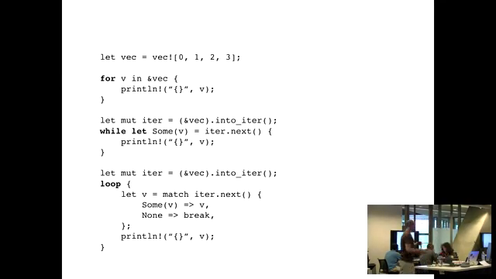So just to summarize where we've come from here, we're looking at the for loop, and I've shown you how you can think of the for loop, getting rid of this implicit